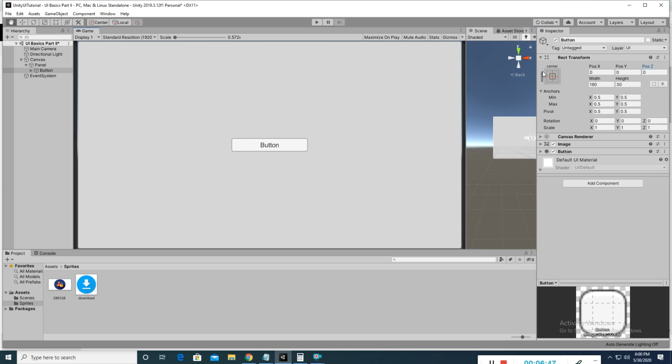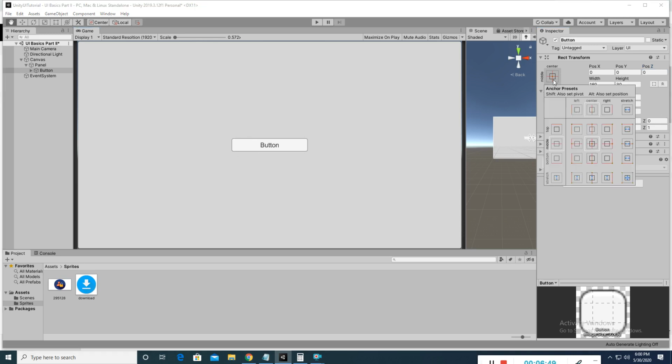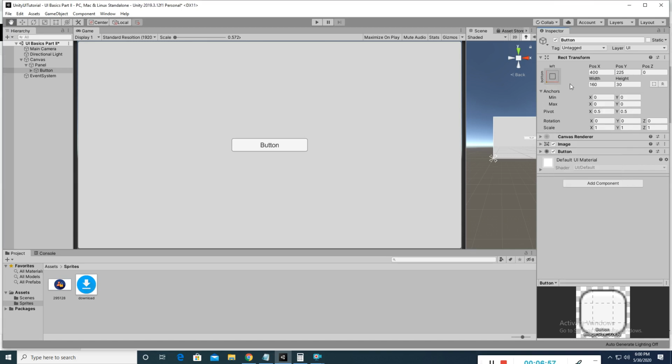If you want to set this button to the bottom left corner, I will make it 0 0, so it is cropping like that. I want to see the whole button, so I can modify the pivot point. So 0 0, and its position is changing like that.